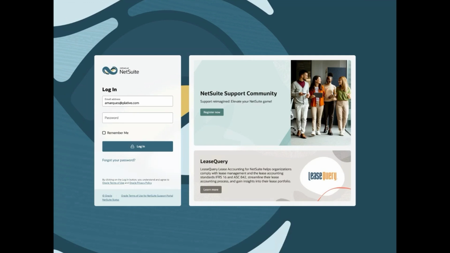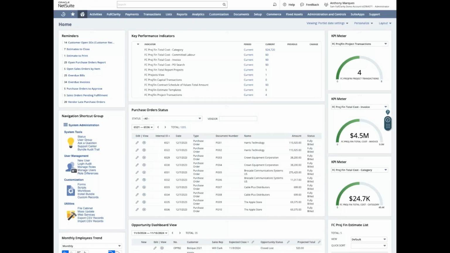So to sign into FullClarity, you use the NetSuite sign-in. If you're already a NetSuite user, you would go in just like you would for any NetSuite application for the general ERP. You would, of course, have your standard landing page, which I'm sure most are used to, which has your KPIs. Of course, you would have a list of all your possible sign-ins,